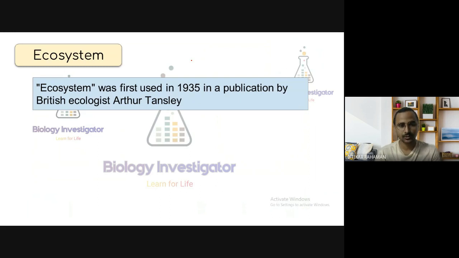সবার আগে যেটা দেখব আমরা, ইকোসিস্টেম কি। First, we have to learn the basic thing about ecosystem. What is ecosystem? This term was first used in 1935, in a publication by a British ecologist, Arthur Tansley. Arthur Tansley প্রথম এই ইকোসিস্টেম কথাটি ইউজ করেছিলেন 1935-এ।